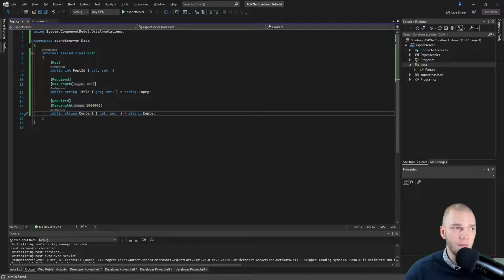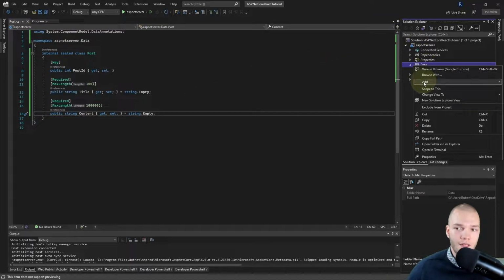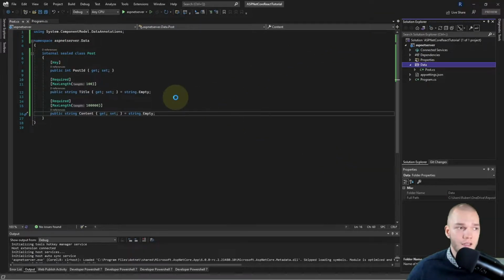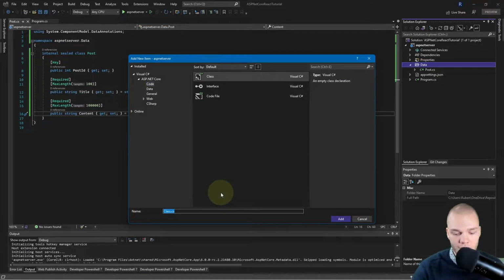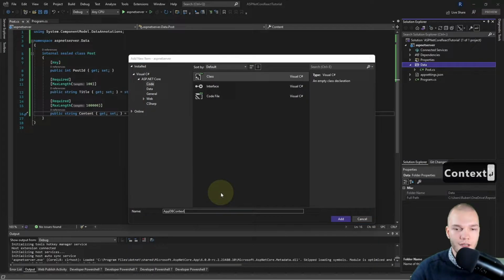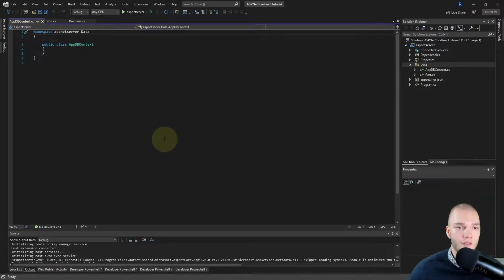Okay, then next up I want to configure Entity Framework, and we're gonna do that in a dbContext class, which is really your core class when you're doing stuff with Entity Framework. So I'll just right click data, add a class, and I'll name it app dbContext, which stands for application DB context.